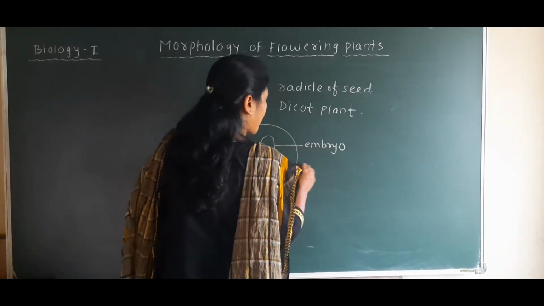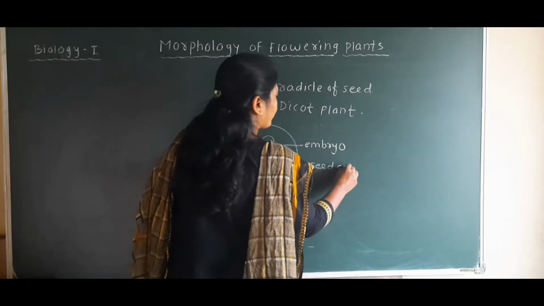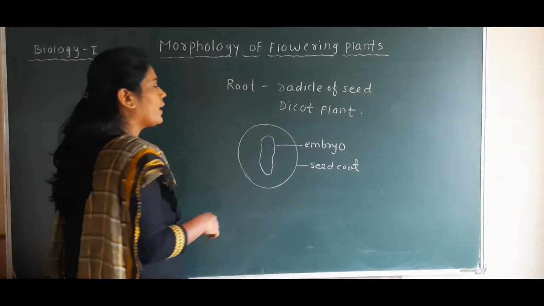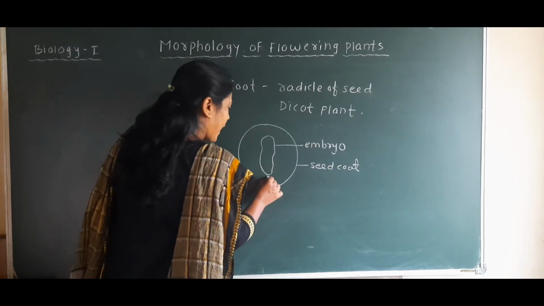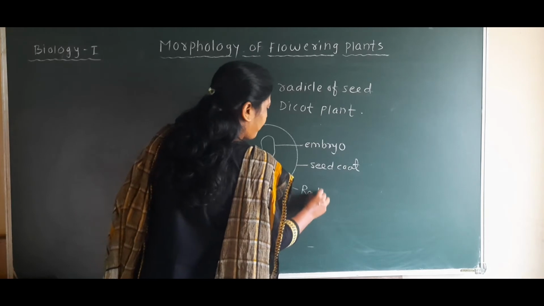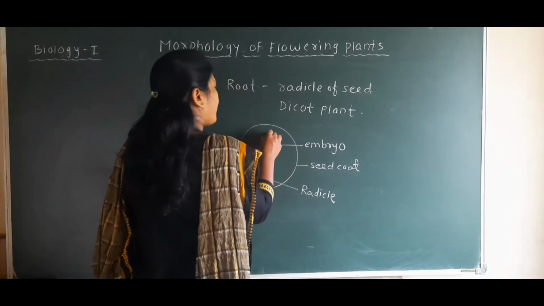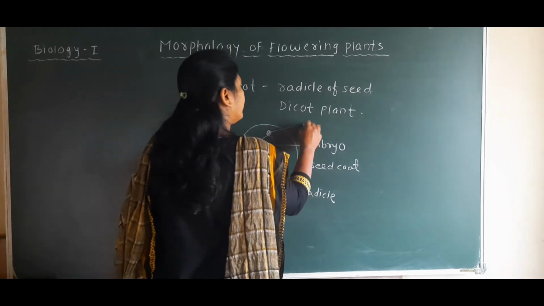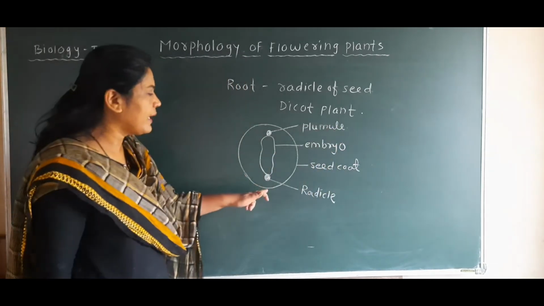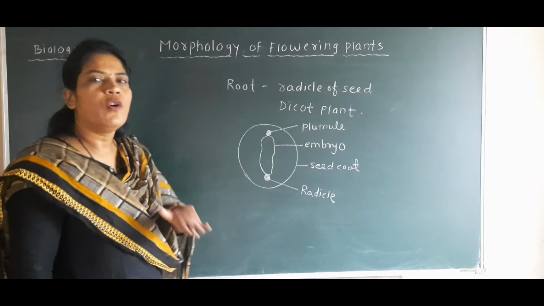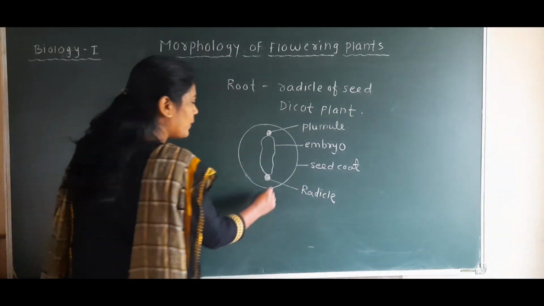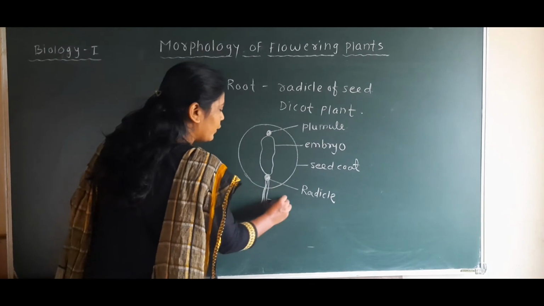This is called the seed coat, meaning the outer covering of the seed. On this embryo, this is the radicle part, and above the embryo there will be the plumule. When this seed falls on the soil, from this radicle part there will be development of the root,